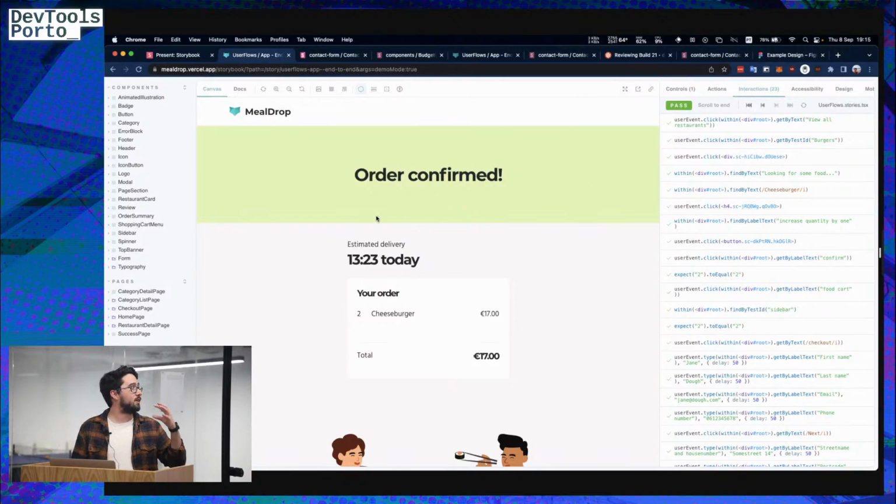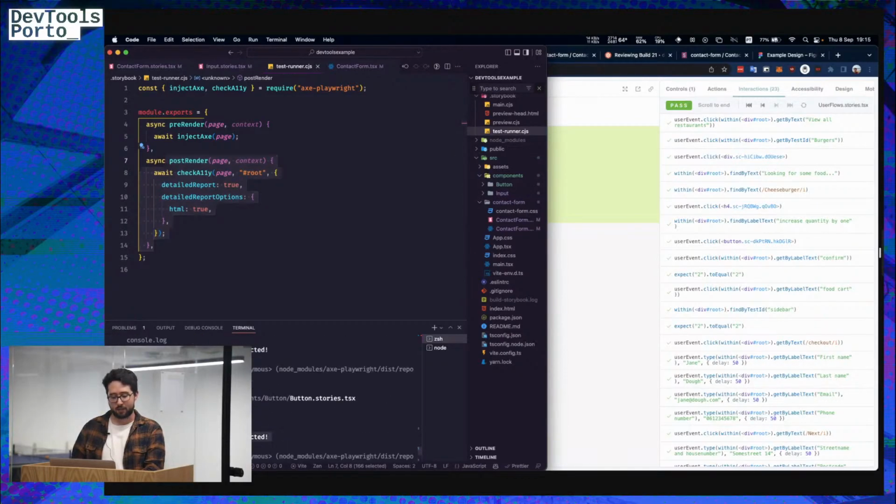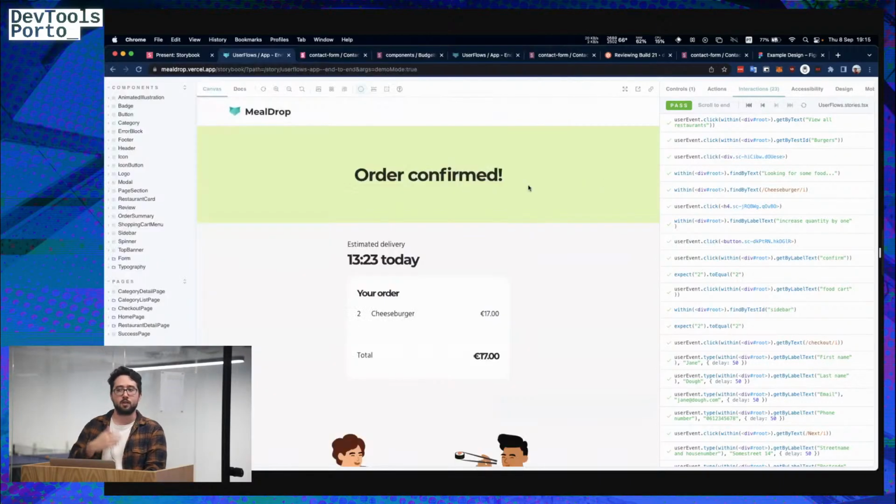But I think it's pretty cool that if you really commit to Storybook, you can do a bit of everything, everywhere. You can do testing, accessibility testing, and one of the things that I have in this project is a hook that will run the accessibility tests when I run Test Runner. So if you look at this log, you can actually see, yeah, no accessibility violations detected. So it's actually running all those accessibility tests as well when you do the Test Runner, if you set that up. But yeah, this is the interaction testing feature,